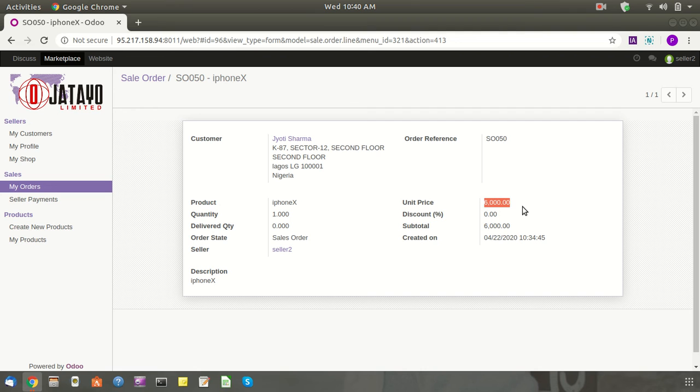And then after that company will deduct 5% or 10% from this unit price, like suppose 5000 naira after 10% deduction, and after that it will share the total amount to the vendor. What kind of payment flow is required for this process, I need to know, because I don't have such an idea. So in that case you need to suggest the pricing deduction method, and related to the delivery charges.